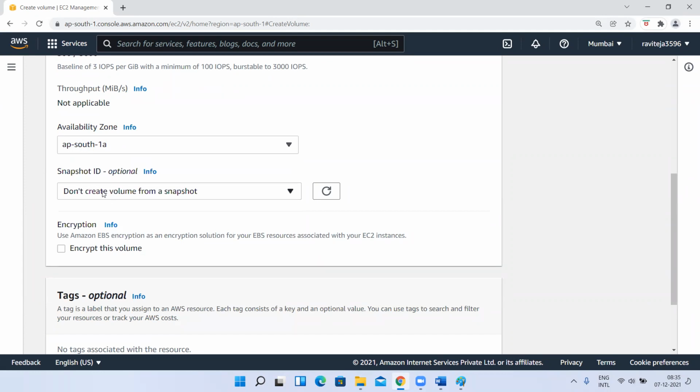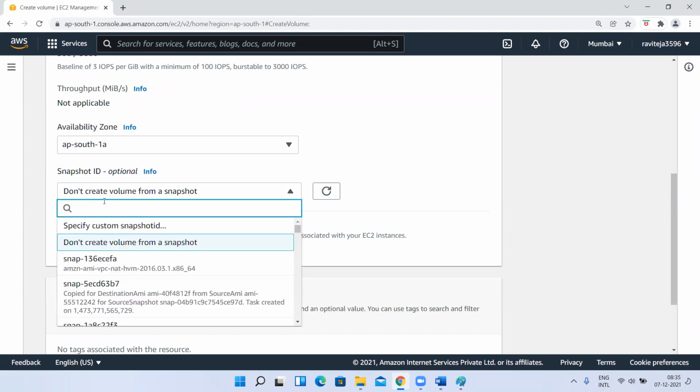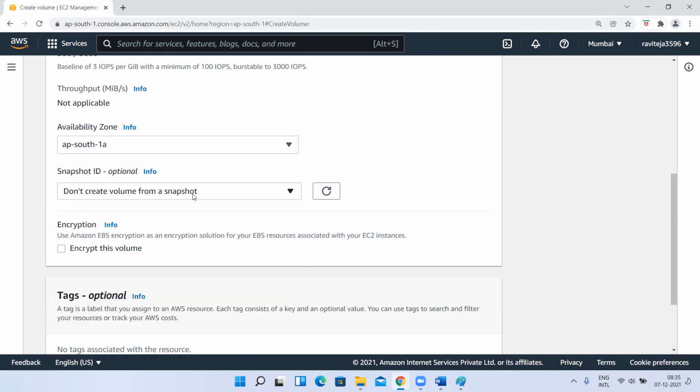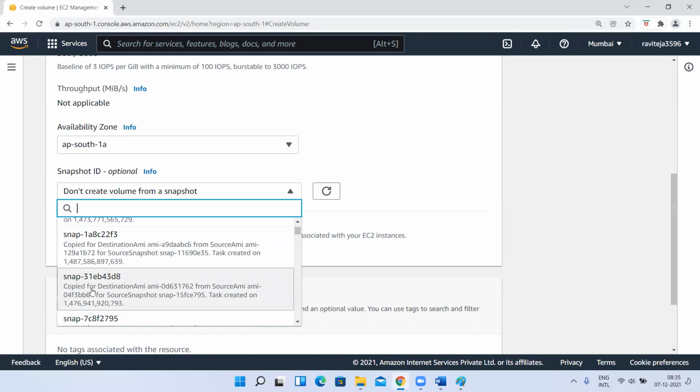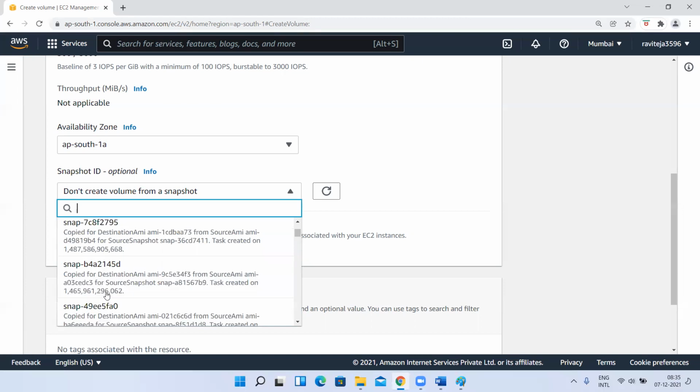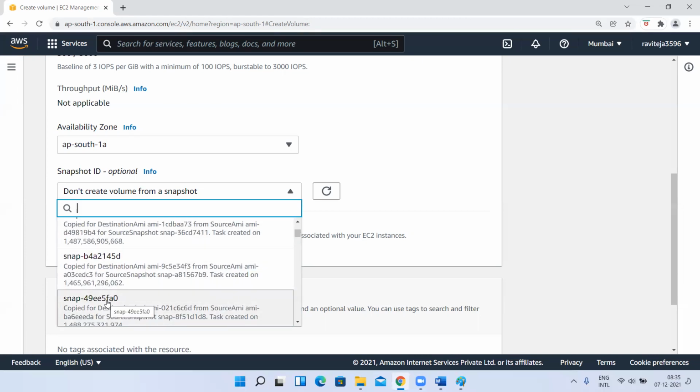Do you want to create a snapshot immediately? Means whatever it gets, the snapshot you want to create. If you already have a snapshot, using that snapshot, if you want to create a volume, there are some AMI snapshots already there.